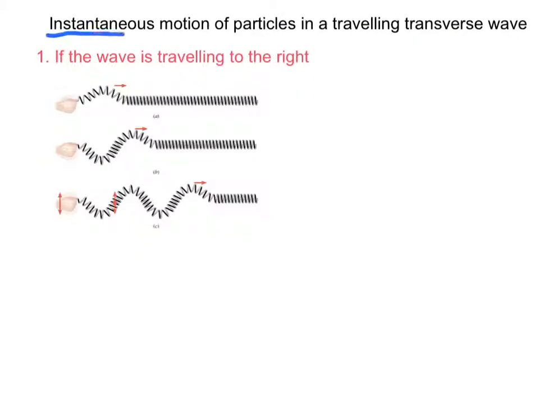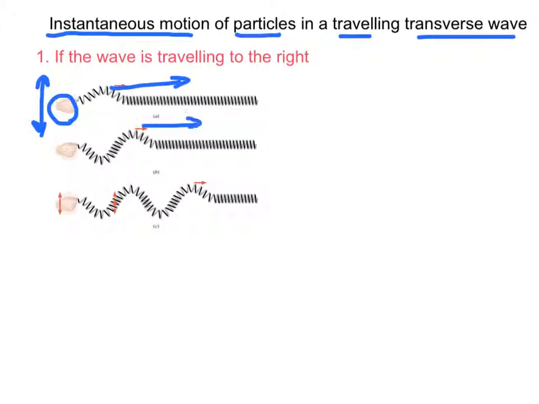The instantaneous motion of particles in a traveling transverse wave. When the hand oscillates, a transverse wave is produced and is traveling to the right. At this time instant, what is the instantaneous motion of the particles on the wave? For example, what is the instantaneous motion of this particle, this particle, this particle, and this particle? If the waveform at this time instant is this one,